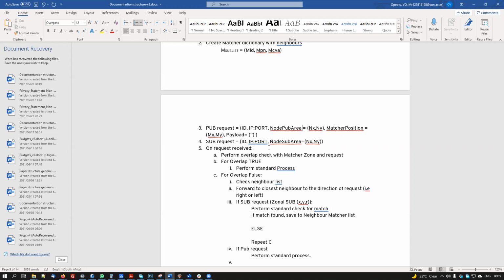Very simply, the question is, how do you go from one matcher to multiple matchers? I understand that with a single matcher it's very easy to do either channel or spatial PubSub. Now you're telling me you'd like to scale this up to accommodate more nodes, larger areas, higher densities, and all that, and you need multiple matchers. So how do you do that?